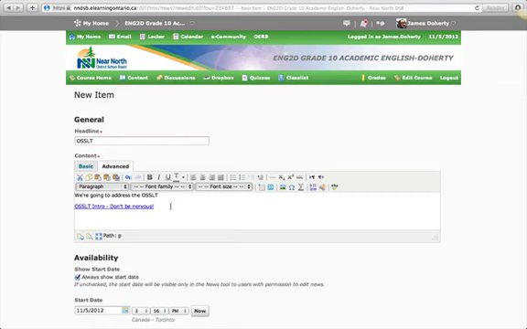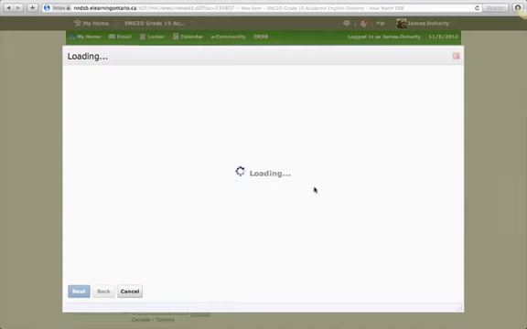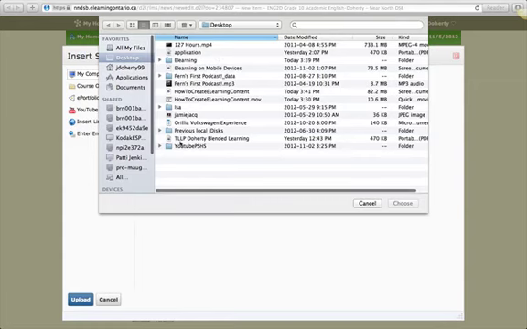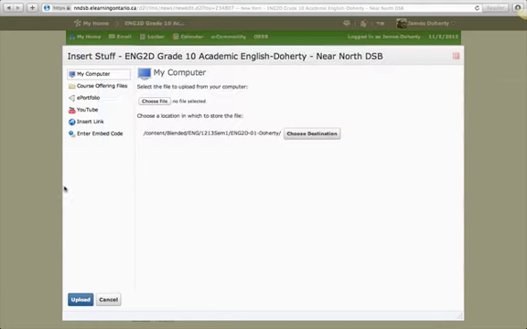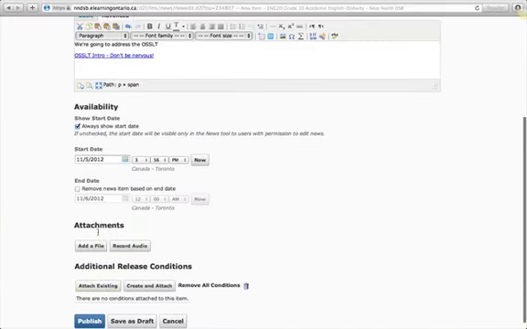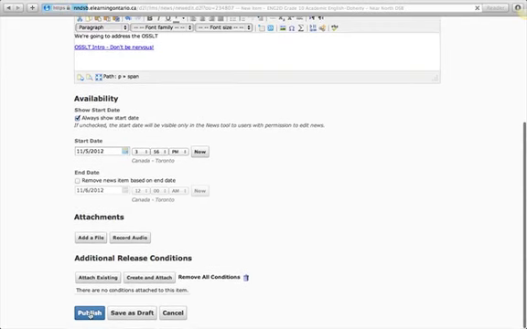And I can also include an image if I really wanted to. And I would go through, choose file, find my image, and I don't have anything right now that I want to be able to use, but that's what I would do. And I'm going to have it start immediately. You could set when you wanted that to show. I'm going to go publish,